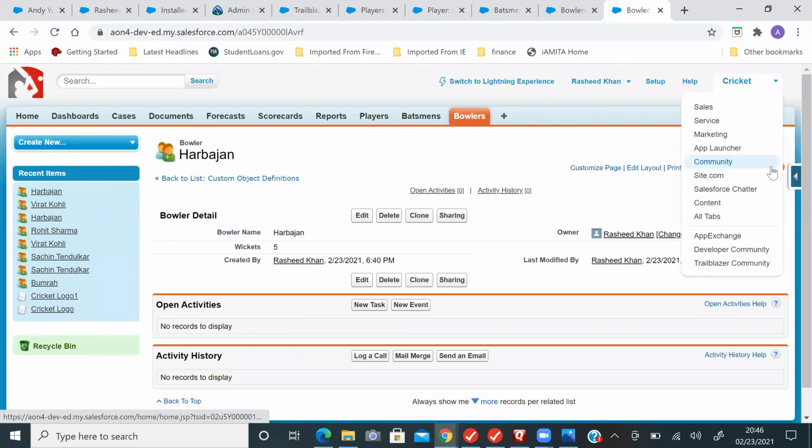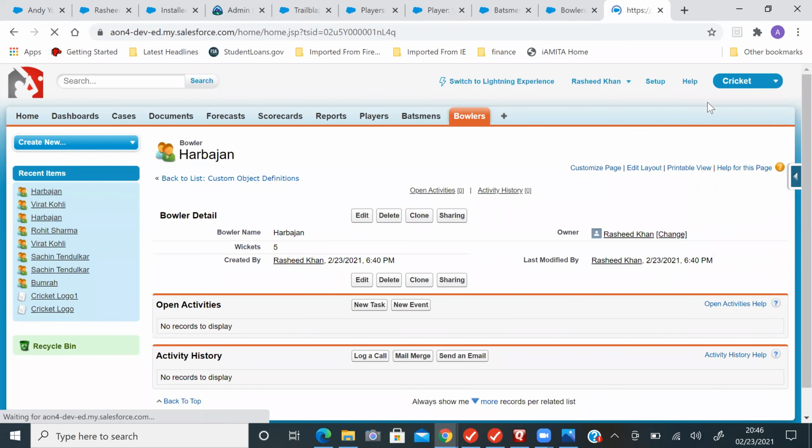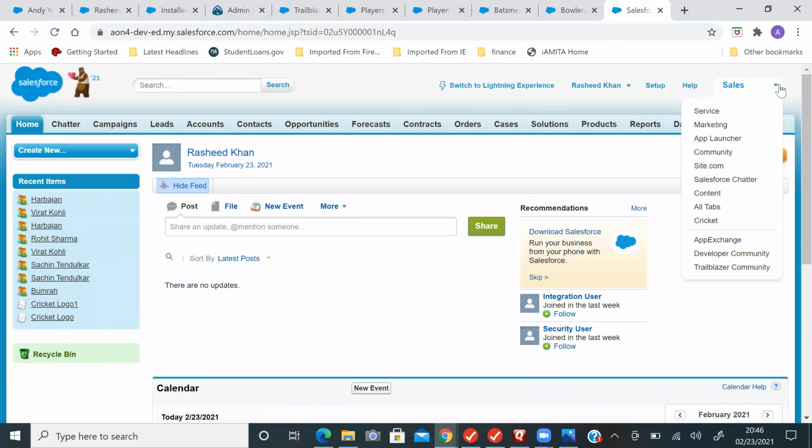We also have the standard applications: sales, service, marketing. Only three are standard applications. How do we differentiate a standard one from a custom one? Is there some tag that shows it is standard?